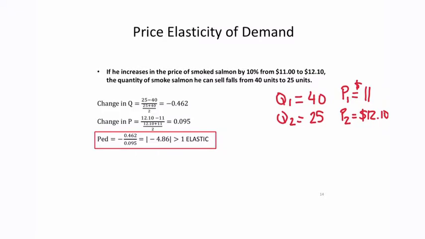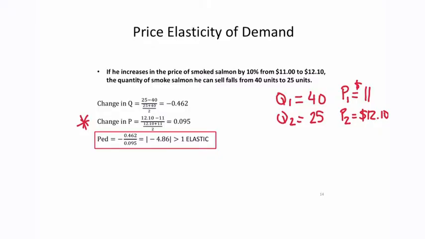As you can see here, our change in quantity is going to be 25 minus 40 divided by 25 plus 40 divided by 2, which gives us negative 0.462. Now, the change in the price: $12.10 minus $11 divided by $12.10 plus 11 divided by 2 gives us 0.095. So we take our change in quantity divided by our change in the price, and that gives us a price elasticity of demand of negative